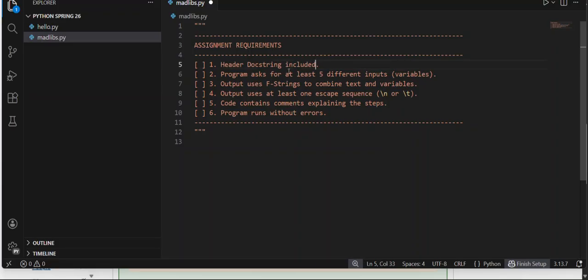Still reviewing this. You're going to ask for inputs. You're going to use an f-string and at least one escape sequence. And it contains comments explaining the steps, and the program runs without error. So you don't need a lot of comments here. Get info from